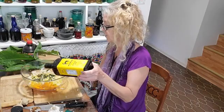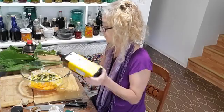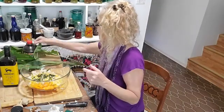Here's some olive oil, and I hope somebody's measuring. I'm going to say, I don't know, I'm going to say 1/4 cup. That looks like 1/4 cup, don't you think? Okay, and then we're going to add a little bit of the